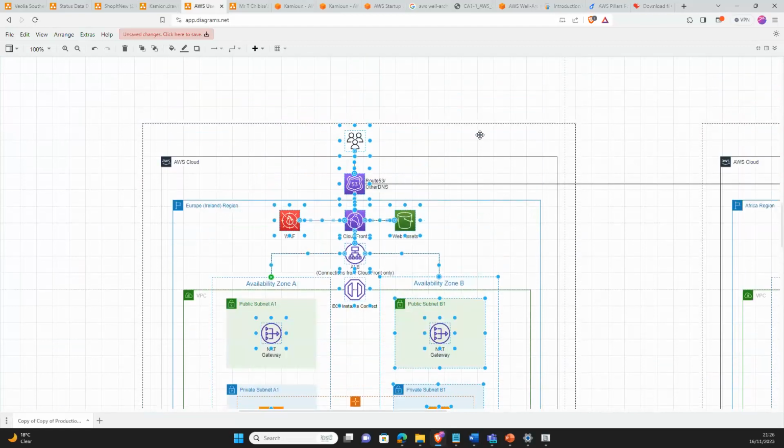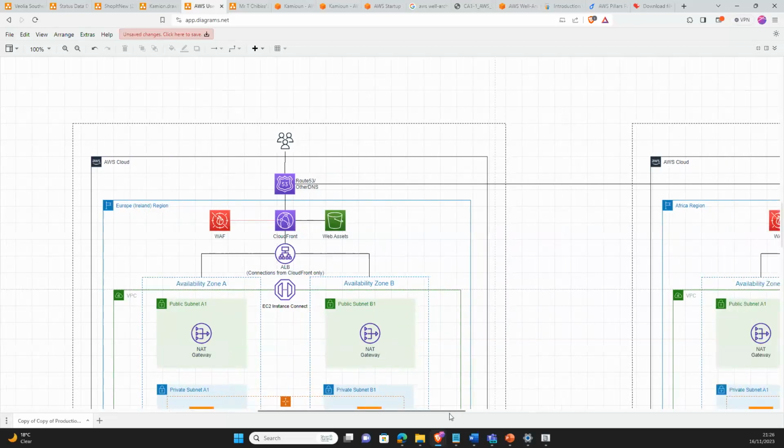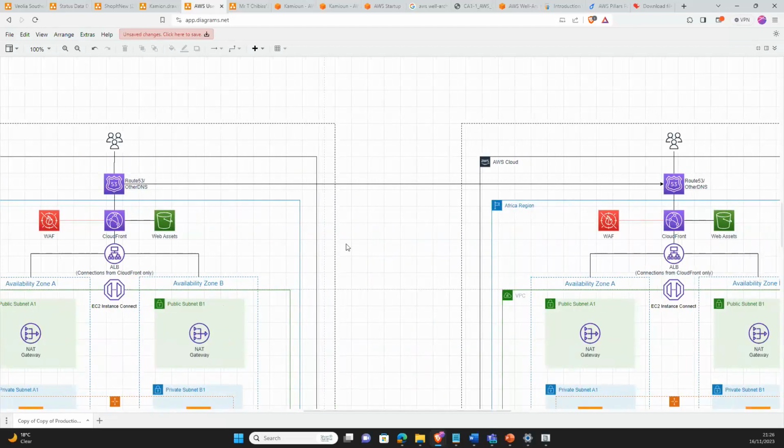It would take long to have this infrastructure up and running in a new region. But if we have a standby region, we can easily fail over to the other region in a matter of seconds or minutes. So that is reliability.